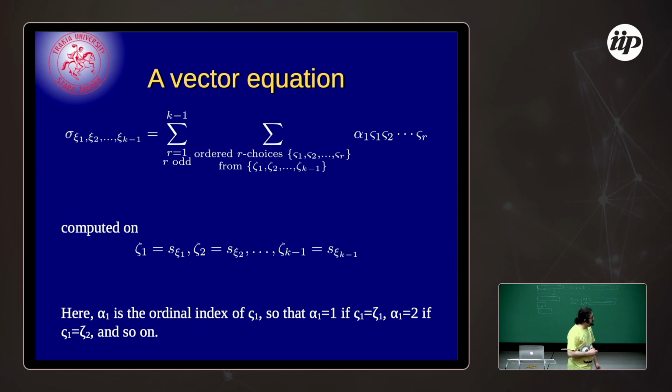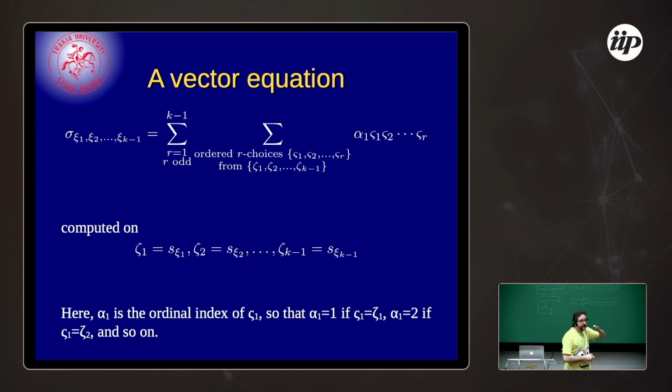then you can write this as the sum over all the sizes r from 1 to k minus 1 that are odd, remember they were always the odd ones, of the sum over all the possible r choices, because you include repetitions, sigma 1, sigma 2, sigma r, chosen from a set of elements which is zeta 1, zeta 2, zeta k minus 1, of the products of the elements you have chosen, like we were doing before as 2, 3, 5, multiplied by some number alpha, which in a moment I'll tell you what it is,